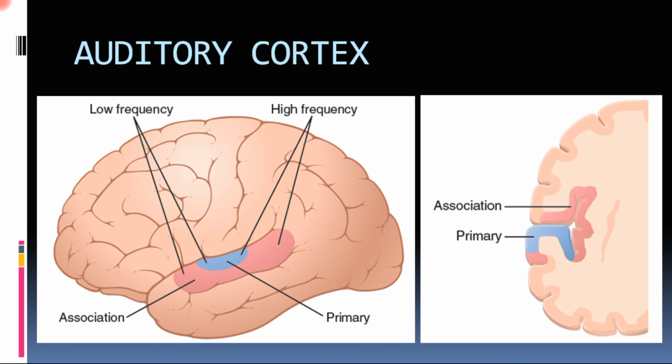They associate the sound with different other sensations. They find out the meaning of the sound, whatever the word is spoken, what is the meaning, and the emotional aspect of the sound can also be interpreted by the areas which are located not only near the auditory cortex but far away from the auditory cortex also. So all those parts will come under the association areas for the sound. So this is the basic